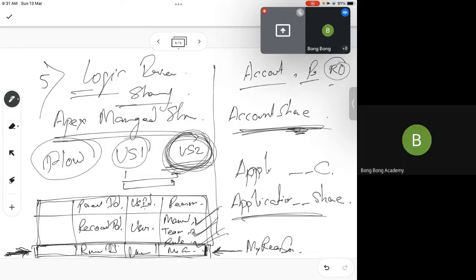That is the reason you will be using Apex Managed Sharing, wherein the user is dynamic. The user is selected at runtime, where I can choose any user based on different logic, and then I have to share it. In that logic-driven sharing, you have to use Apex Managed Sharing. Clear? Any questions?